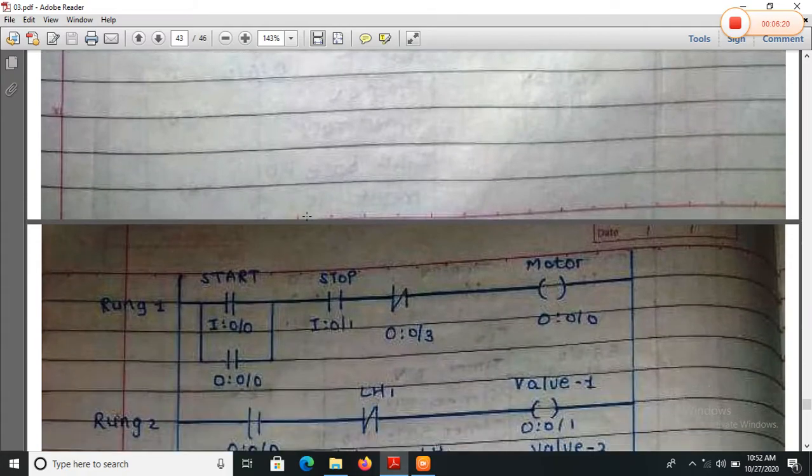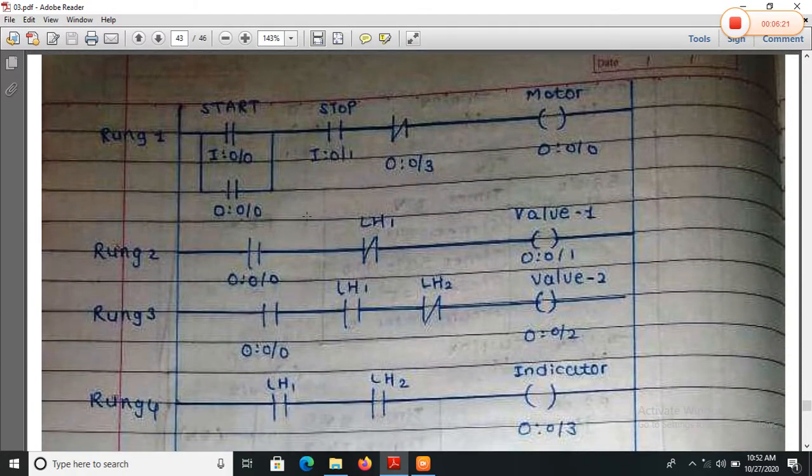Now when the water in tank 1 reaches level 1, it will turn off this normally closed switch, meaning it becomes an open switch after the tank 1 water reaches level 1. When this water reaches level 1, valve 1 will be turned off. Now when the output motor is turned on and valve 1 is turned off, it will check the condition of